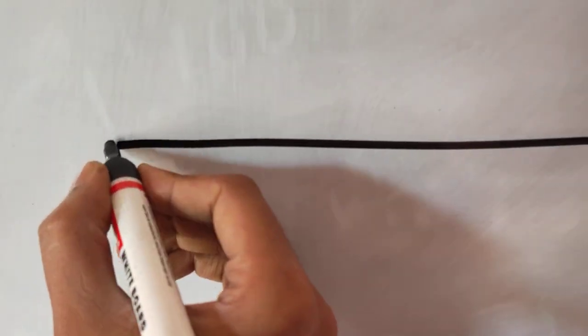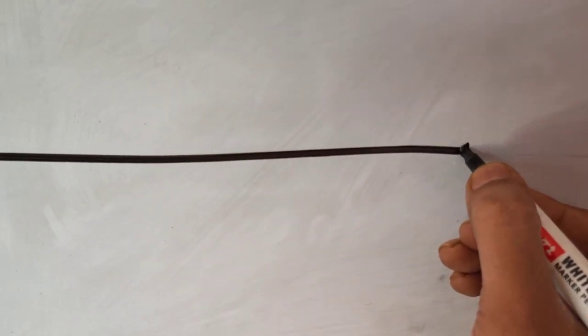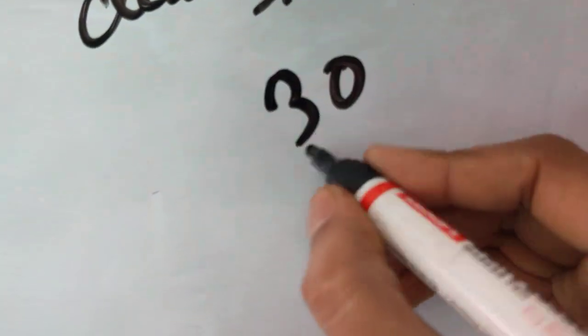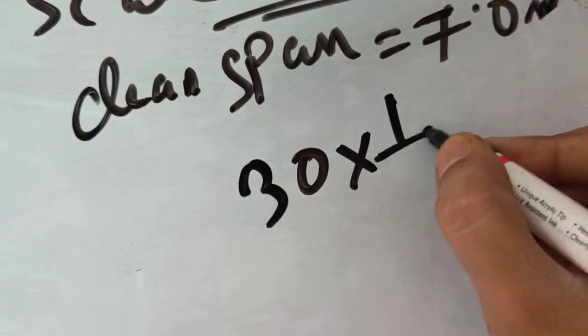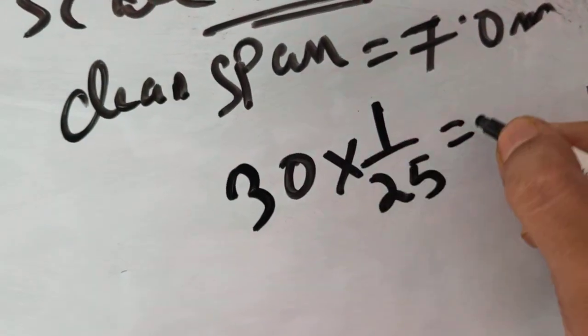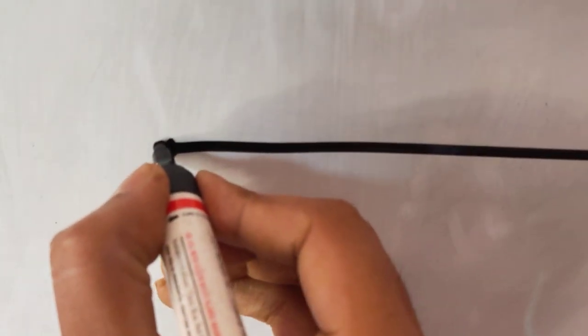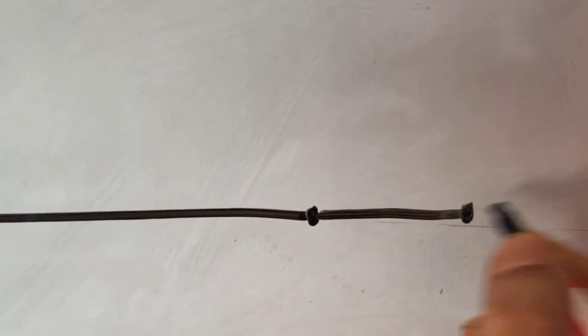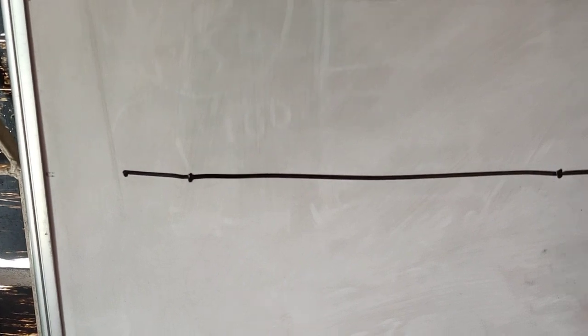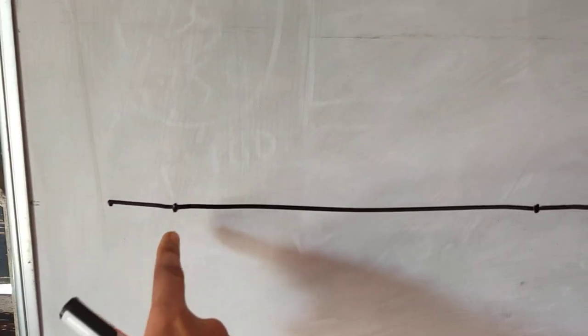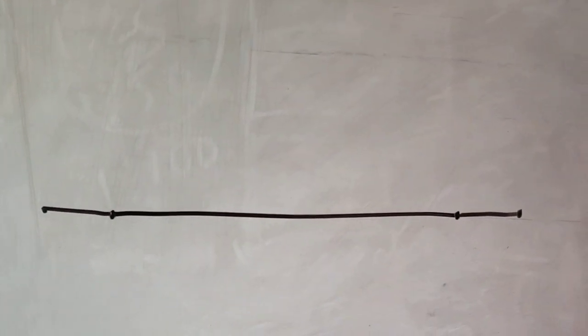Okay. Now increase from both the ends by amount of 30 centimeter. 30 centimeter is the actual dimension, the thickness of the walls. So what is 30 centimeter going to be represented by? What is the scale? 1:25. So 30 centimeter means 1.2 centimeter. So we are going to increase 1.2 centimeter on both the sides. Okay. So from here to here it is 28 and 1.2 centimeter is extended. That means 30 centimeter is extended on both the sides.